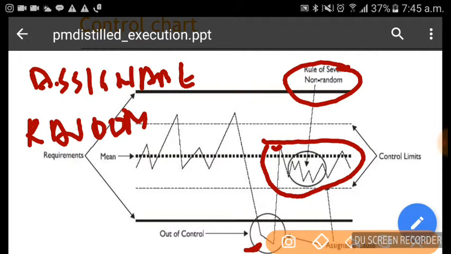Whenever we see a rule of 7 on a control chart, we have to investigate, do a root cause analysis, and find out the root causes leading to that. These 7 data points can be anywhere on the control chart. It can be within the LCL and the UCL, or it can be anywhere. It can even be outside the customer specification limits. So the rule of thumb is whenever we see a rule of 7, we have to take corrective action.